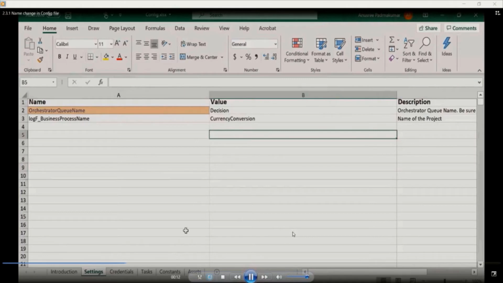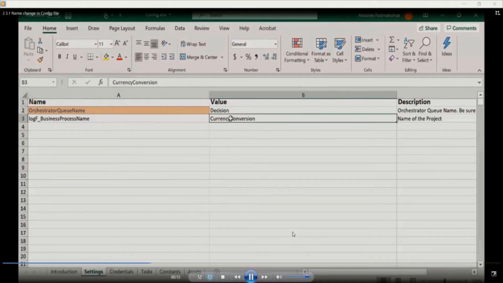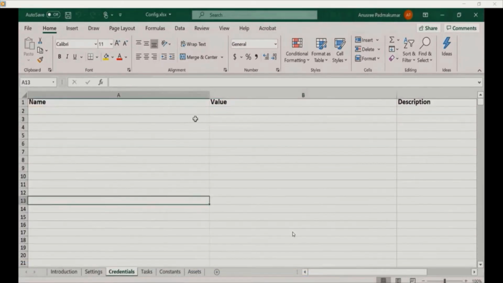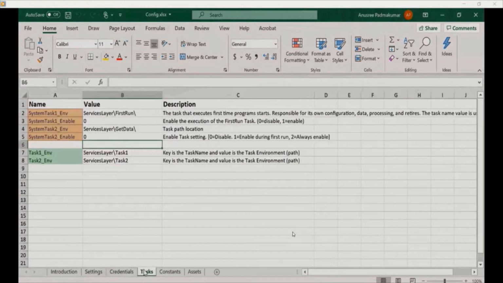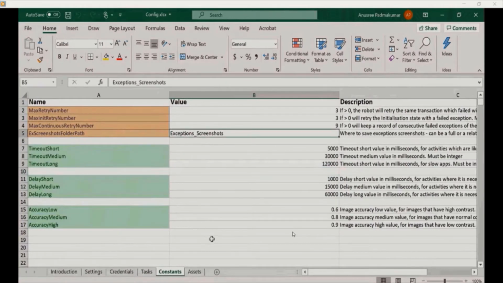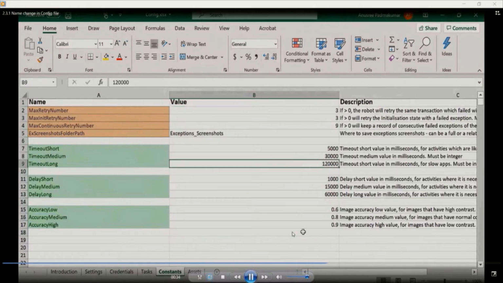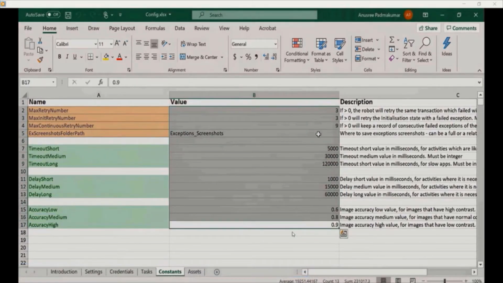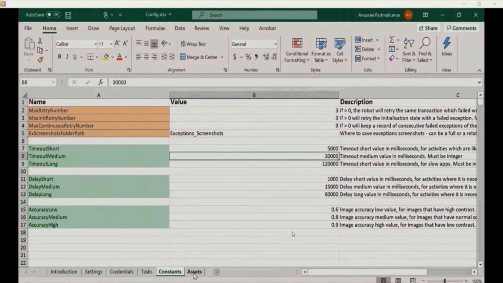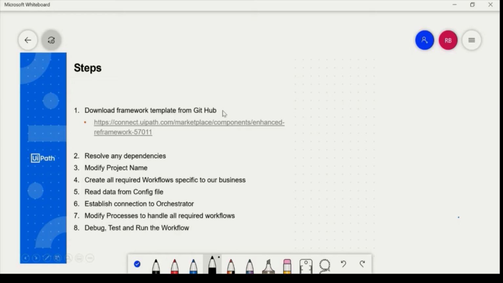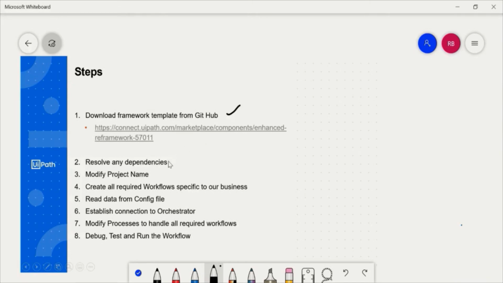One more place to change the project name is the config file, in the log business process name, and the Orchestrator queue name I changed to decision. In the credentials, I leave it blank, and in the tasks, it is the default value. And in constants, these are the technical settings. So instead of hard coding the retry, timeout, delay, we give it in the config file so that we can improve the performance and treat it as a global variable. And in the assets, we have one asset, which is the Excel file, which we will be sending to the Orchestrator. Now that we are done with the first three steps,